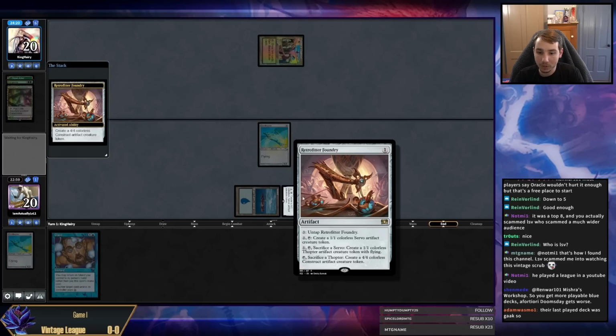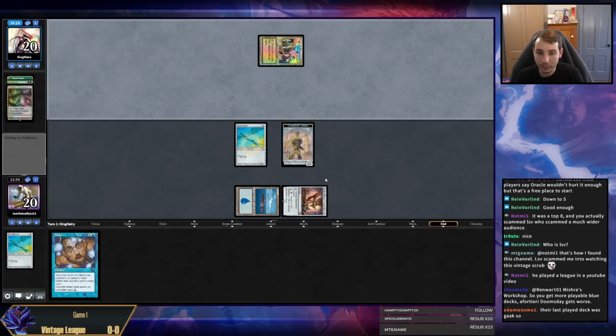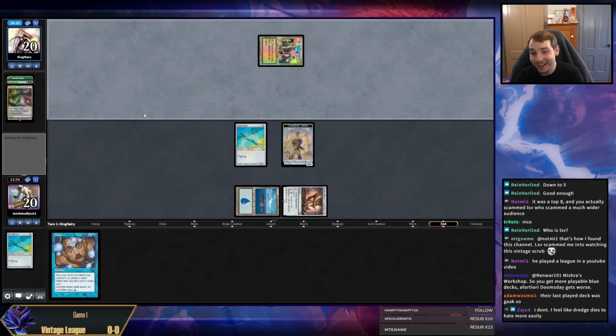Against Dredge, if they play Dredge cards and activate Bazaar, you've lost the game. Whereas Gak feels like I can fight for a little bit, maybe. All right, so I'm going to use the third ability, sacrifice a Thopter, and get a 4/4. Which is good value for zero mana. It's almost like playing a Hollow One. Not quite as good as playing a Hollow One, mind you, but...